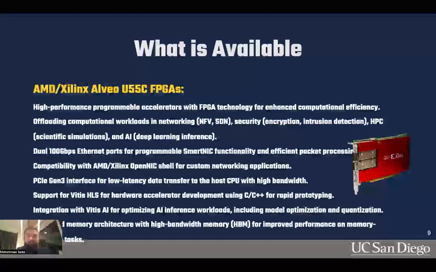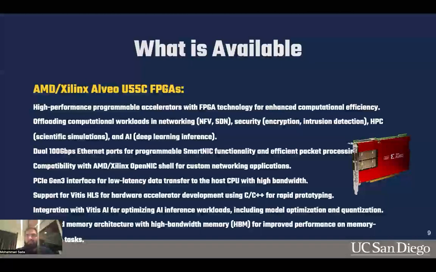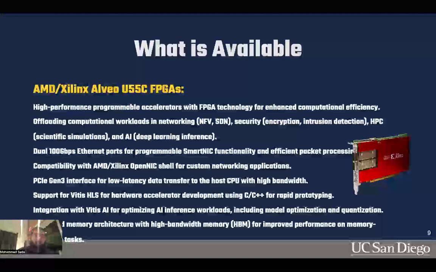So if you don't know what an FPGA is, it's short for Field Programmable Gate Array, which means it's basically a chip. The FPGA is the chip on a card. When we say FPGA, we interchangeably either mean the chip, which conducts the offloading that is on the card, or the PCI card itself. As you can see here on the picture on the right, this is the U55C card,